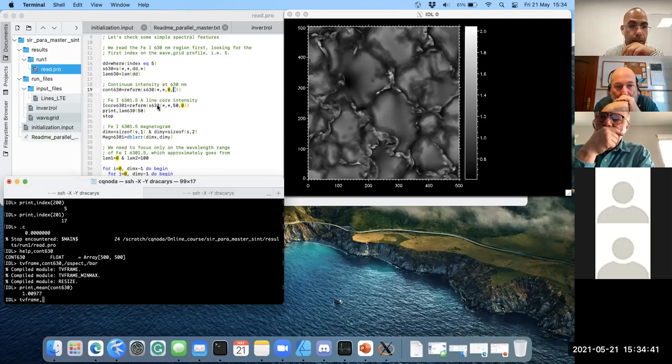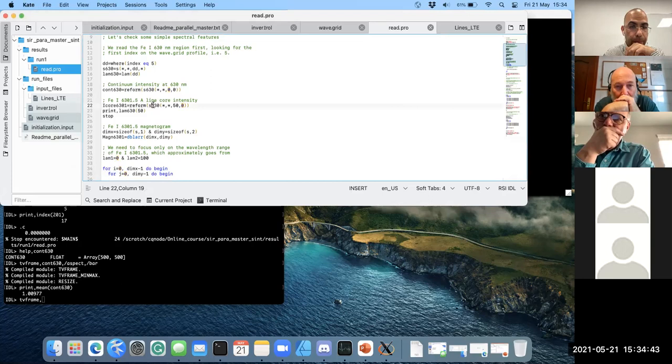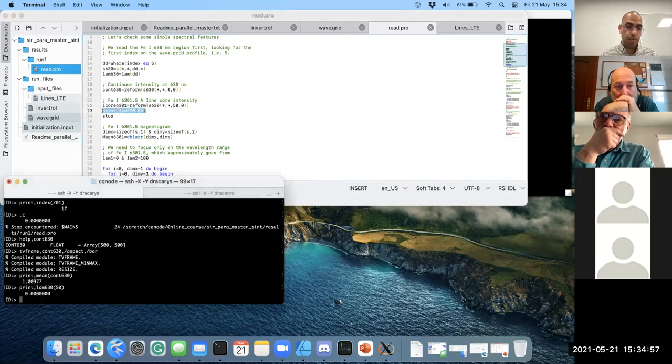In this case, what I did is I picked the intensity as a fixed value. In principle, the line is moving, but for just a quick test it's fine. And I picked that value. So if you do it like this, you will see that it's 0. So it's exactly the rest wavelength of 631.5. So then I picked that value, and then we can do TV frame